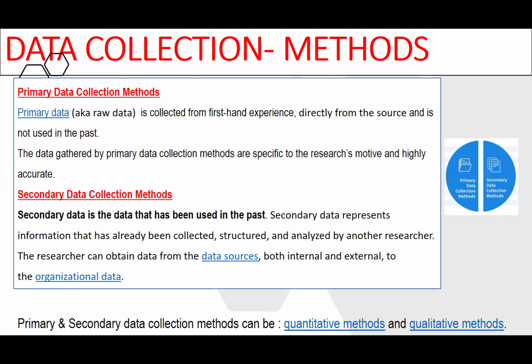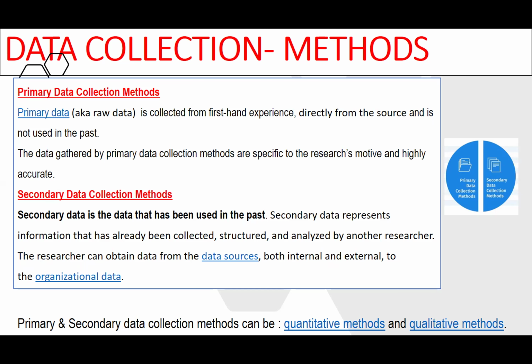Whereas secondary data collection is data that has been used in the past. The commonest which we know about is maybe data used in meta-analysis. In a meta-analysis, you use data that has been published in primary studies. You extract this data and then reanalyze. So this is not primary data collection, this is secondary data collection. Primary data collection is what we call the raw data, and it's the preferred method. But sometimes we want to do summaries, or look at other aspects of research, and we are bound to use the secondary methods of data collection.